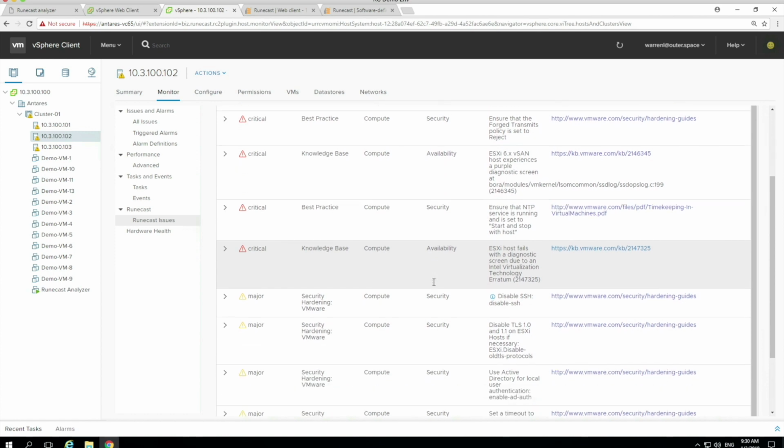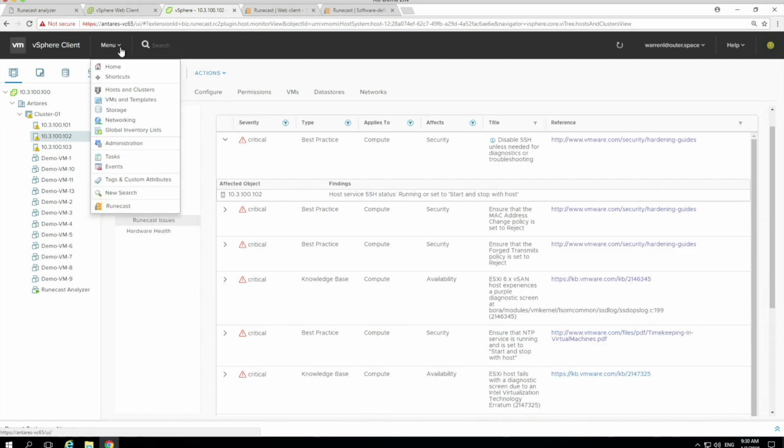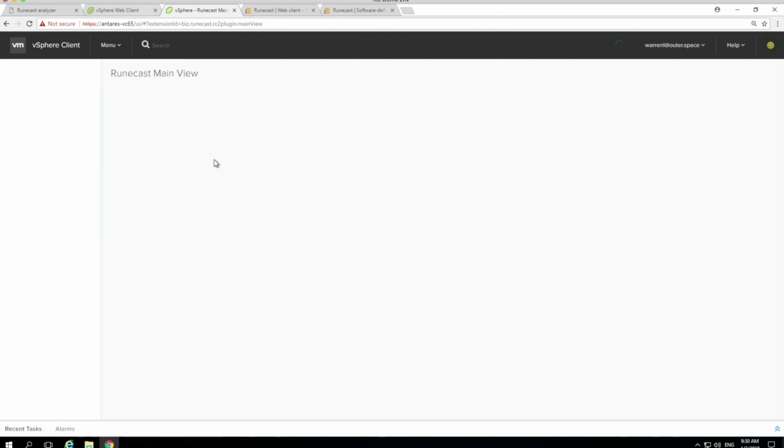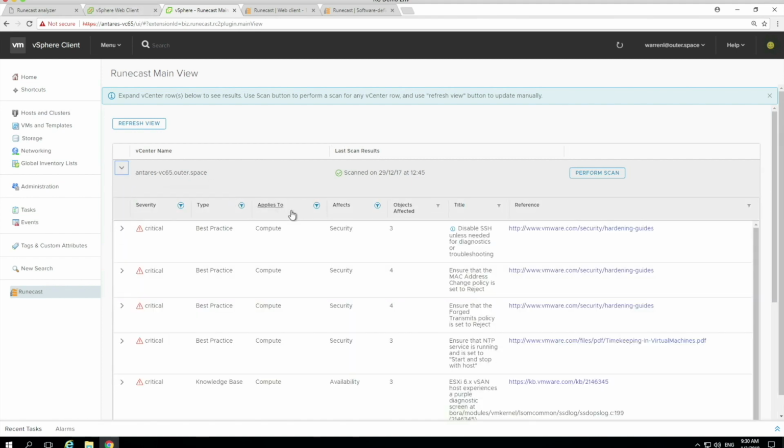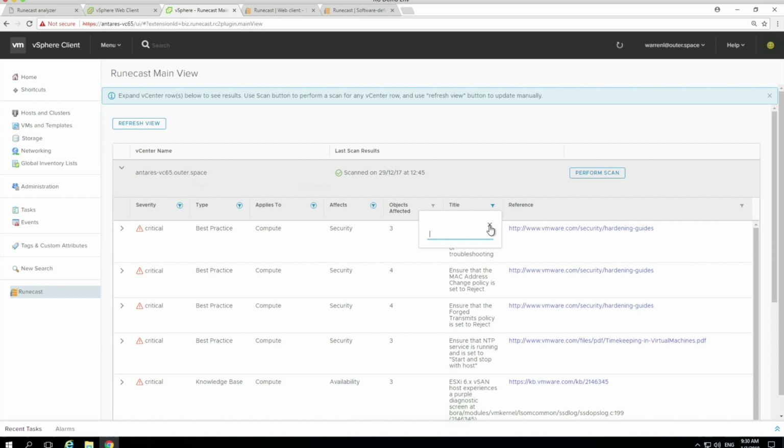You can also get a view which is similar to the issues view that I showed you before. So overall for the vCenter here, you've got your standard filtering ability. You can filter on words as well. So say if you want to look at Windows, for example, probably you're familiar with problems in that area, then you can do that. And you can also, from within the web client interface, perform scans back against the Runecast Analyzer. So within there, you could see what the problem is, do a reconfiguration, perform a scan to clear it down. So that's a way in which you can see the product being used.